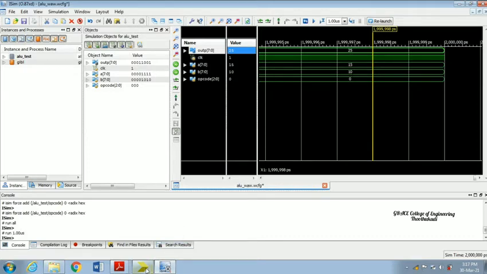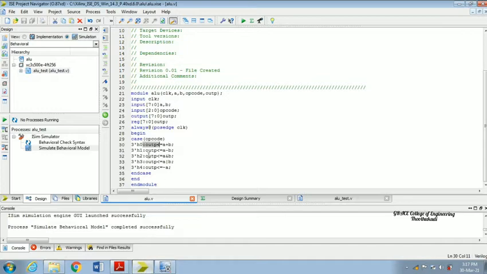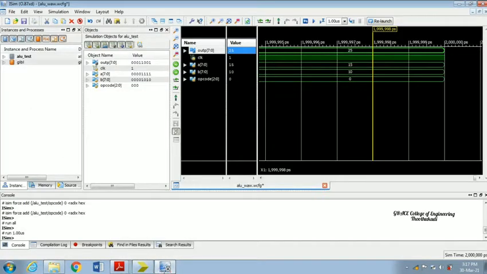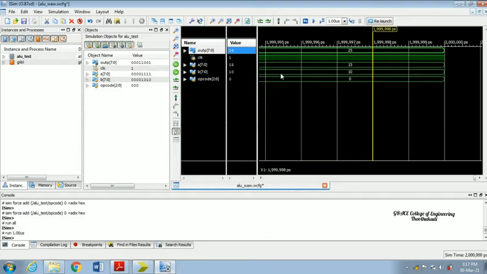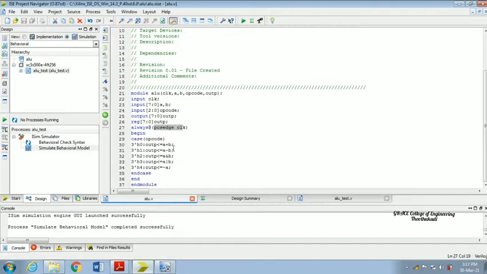Then, for another condition, you can check it by changing the clock input, because we have written the code to work at the passage of the clock. So whenever you need to change the operation, you have to change the clock pulse also, by giving a high value, a low value, or else you can directly force the clock signal itself. Then after this, we have to implement this code in our kit.